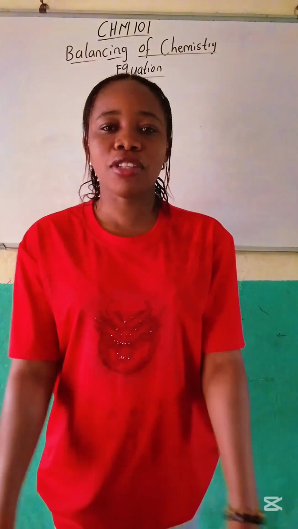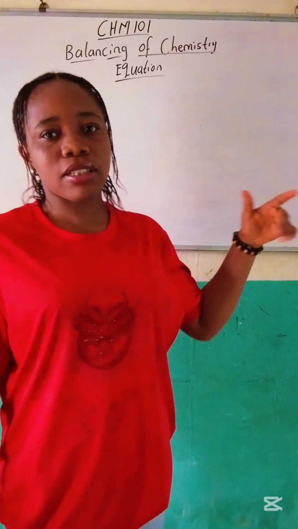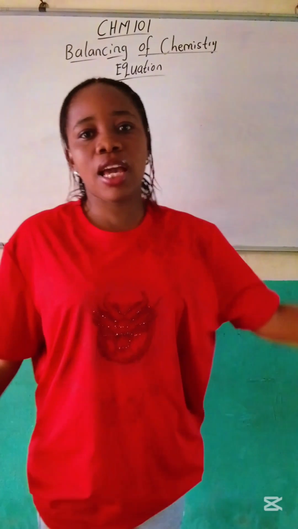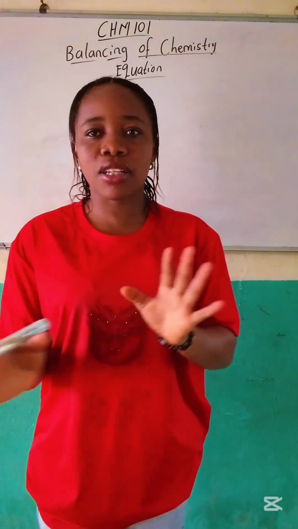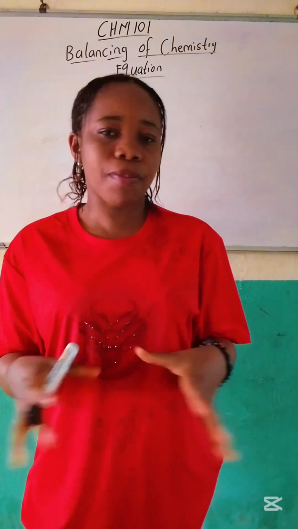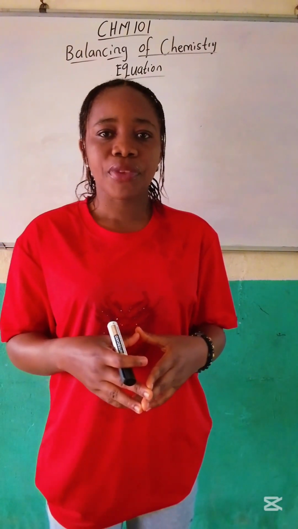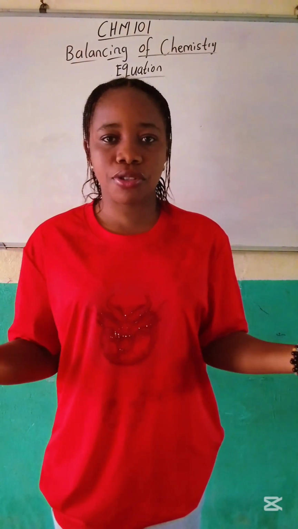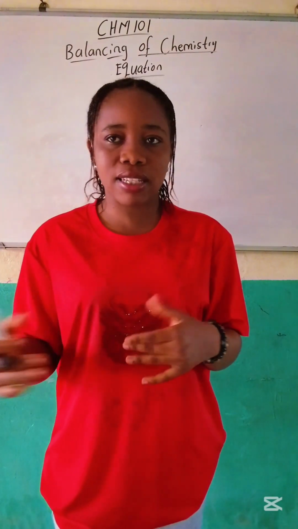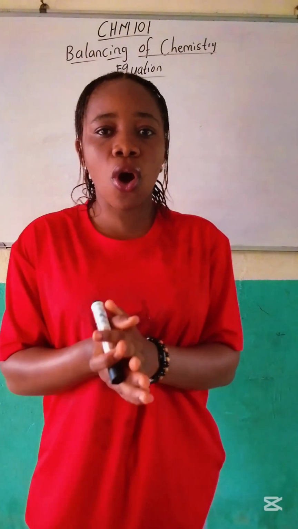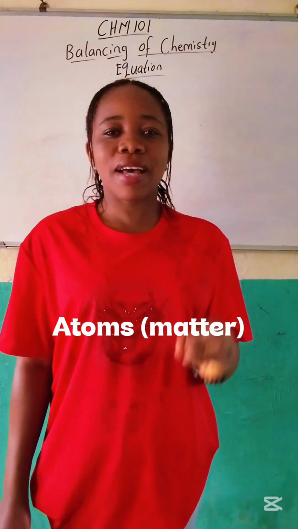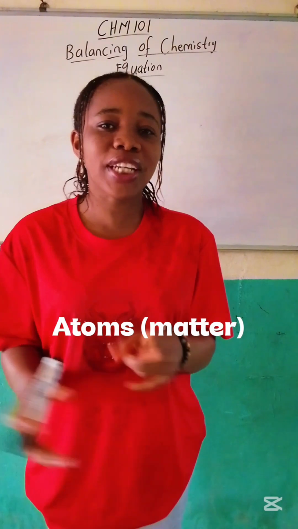Okay, so today we are going to talk about balancing of chemical equations. In chemistry, we mostly deal with chemical equations, and balancing these chemical equations is very, very important in chemistry. Chemistry is all about reactions, and these reactions come with equations, and the equation must be balanced in order to obey the law of conservation of mass, which states that atoms can neither be created nor destroyed during a chemical